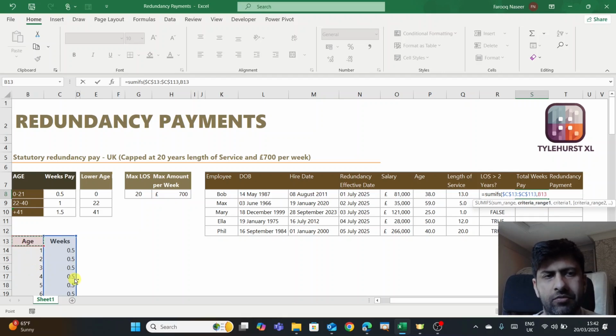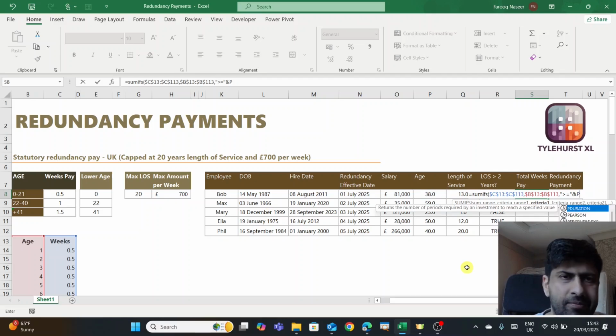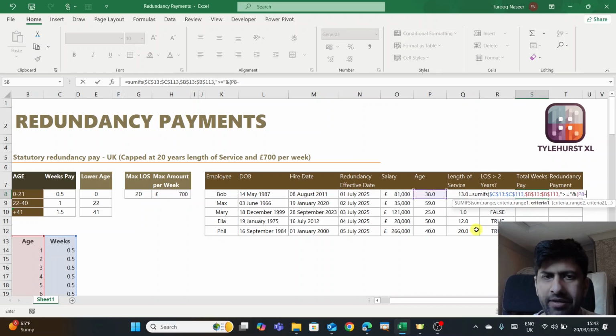So select that range, F4, comma, and that age has to be open speech marks more than or equal to, close speech marks, ampersand, open bracket, age 38 minus length of service 13, then close the bracket. So what that's saying is I want the sum if to be more than 38 minus 13,